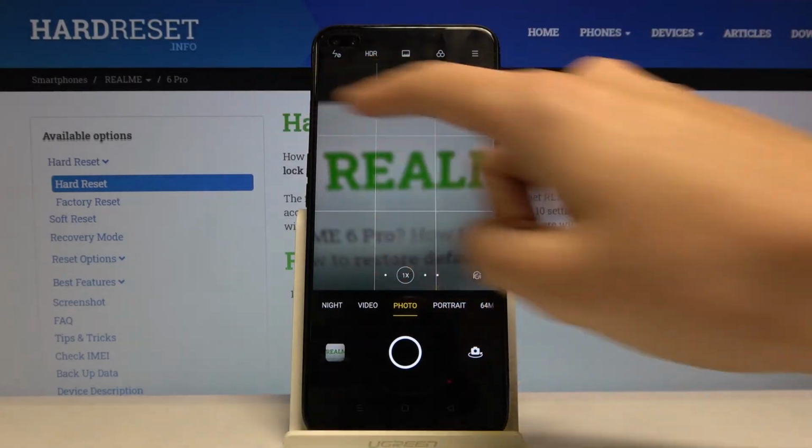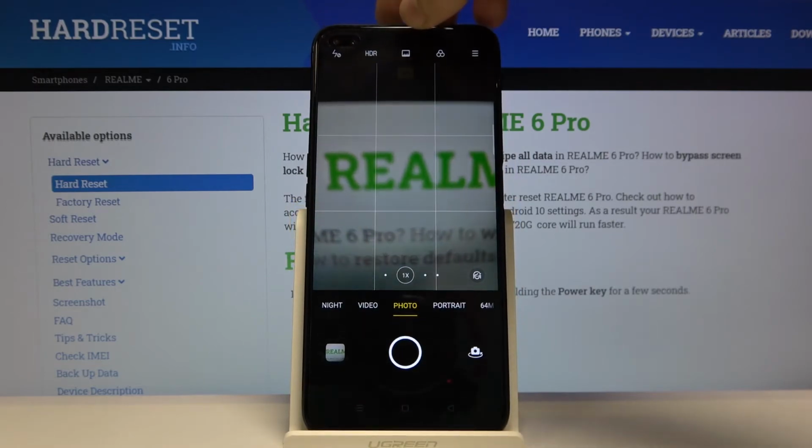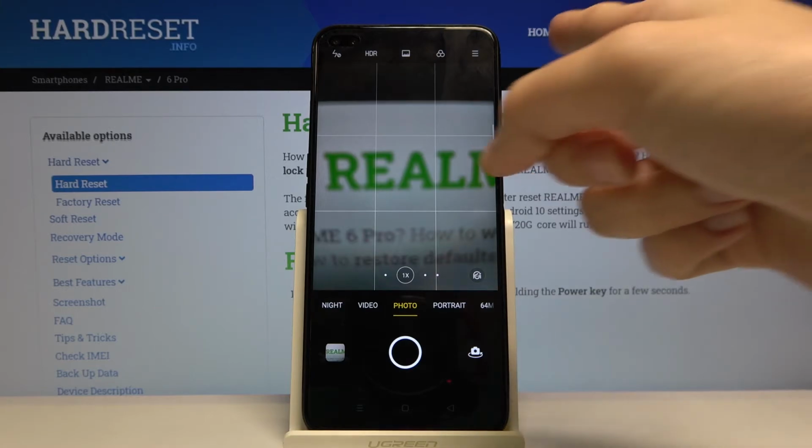As you can see, these are these lines. This is helpful, for example, when we want to use the rule of thirds in photography and making experiments with composition. And of course, when we don't need it, we can easily turn it off by going again to this